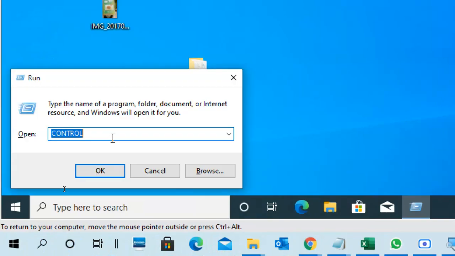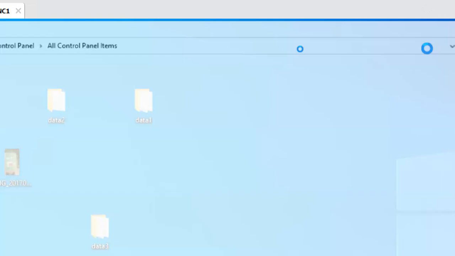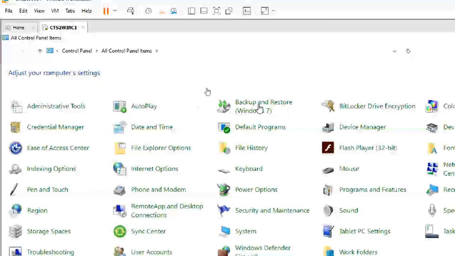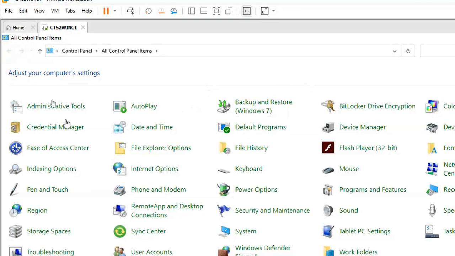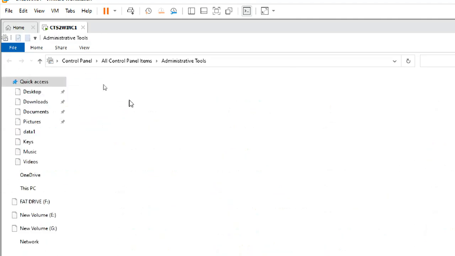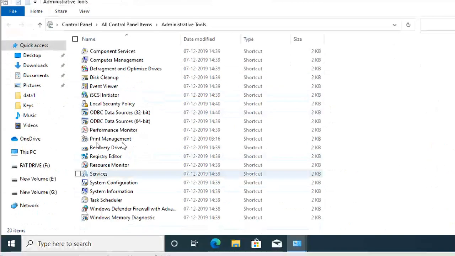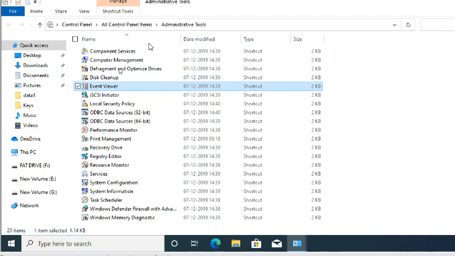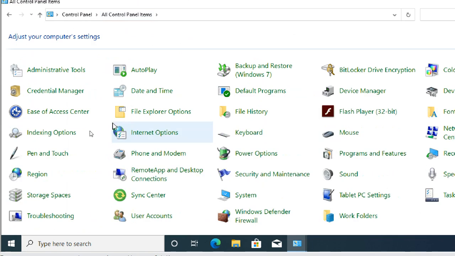And also I will go to control panel once more to show you a few more things that are good to know. Of course, backup and restore. We did this one. Administrative tools. Okay, guys, one time, just go to administrative tools. Go to all these things one by one. At least check it. What is event viewer? I already told you about event viewer. If you need, I will explain it again. No problem. Okay, file history.